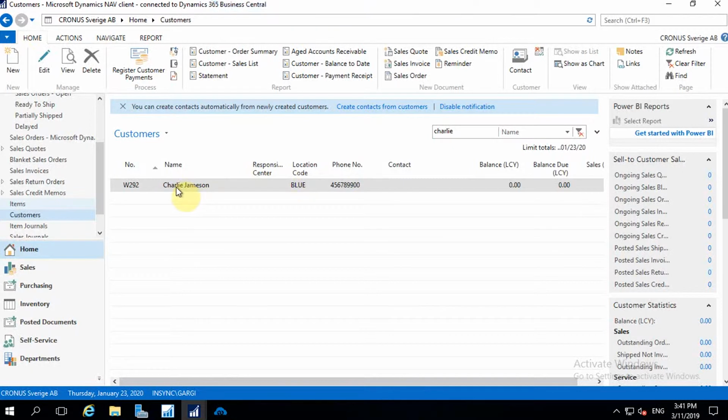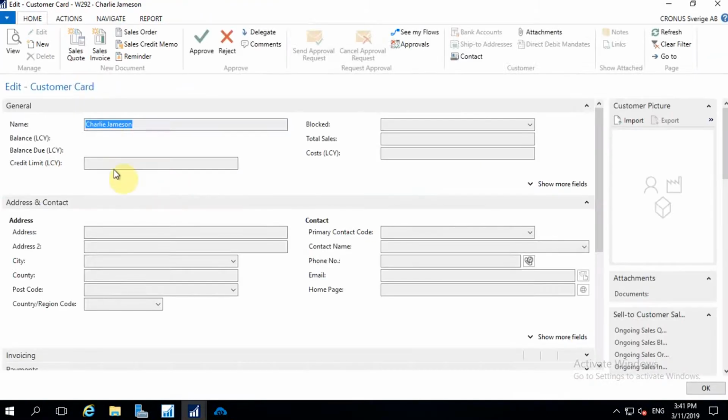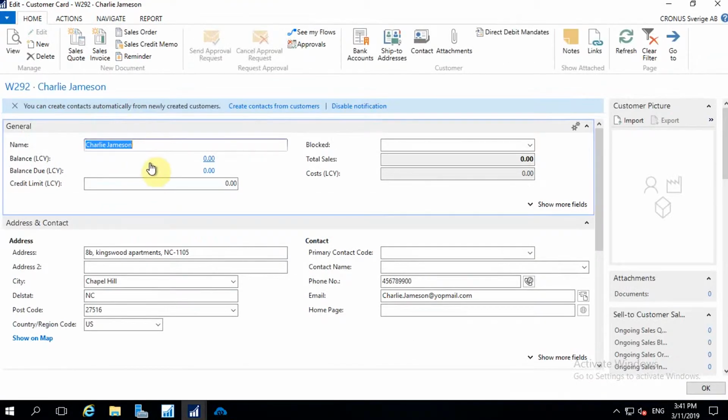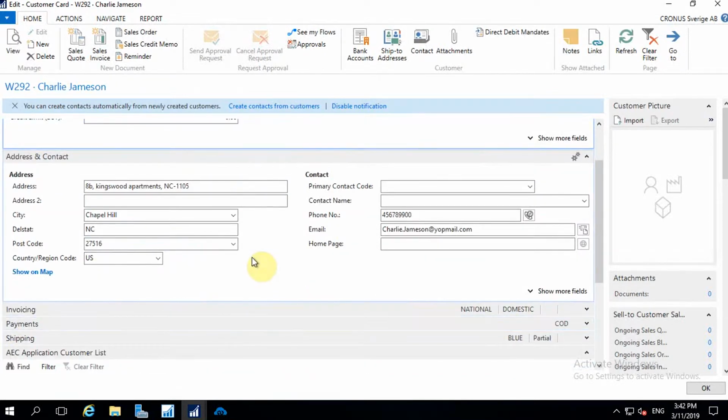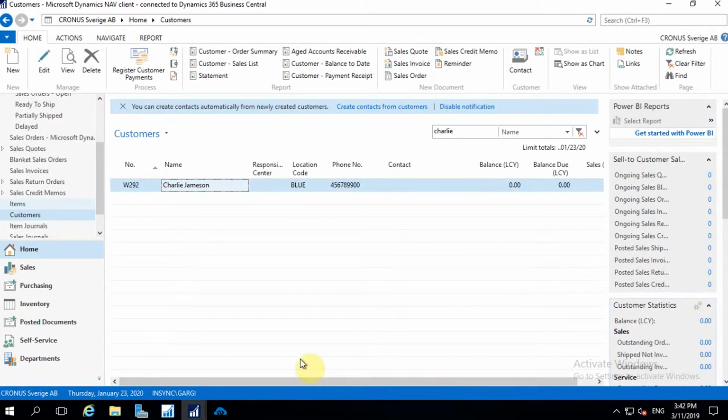Once the integration is complete, I search for the customer that I have created in Magento in Business Central, and here we can see that the customer is added successfully with all the address and contact details that have been added in Magento. Now once we are done with the customer synchronization process, I move into the next integration point,